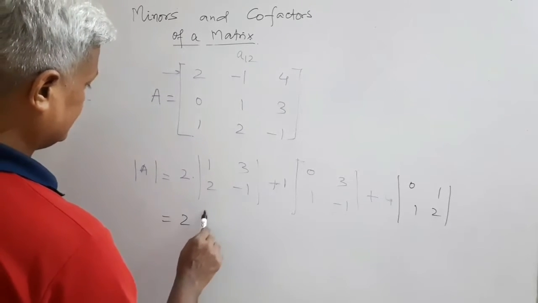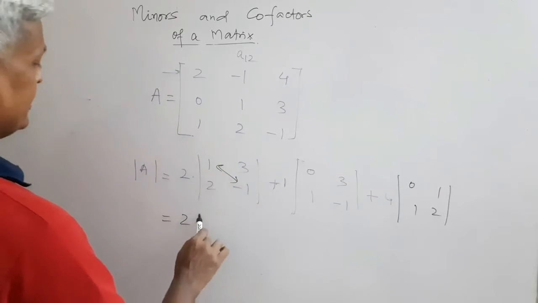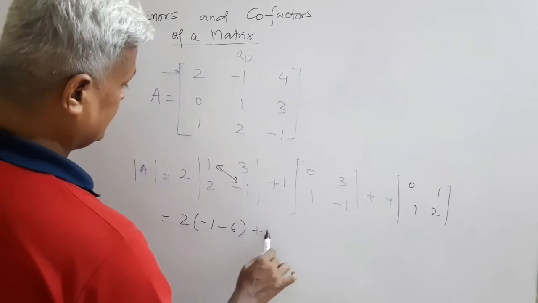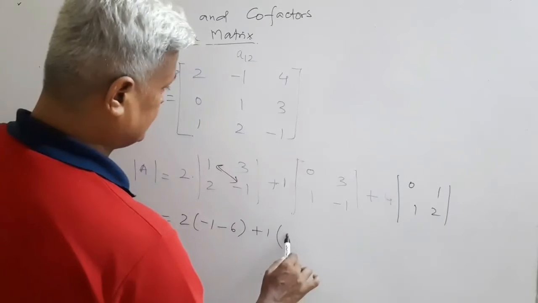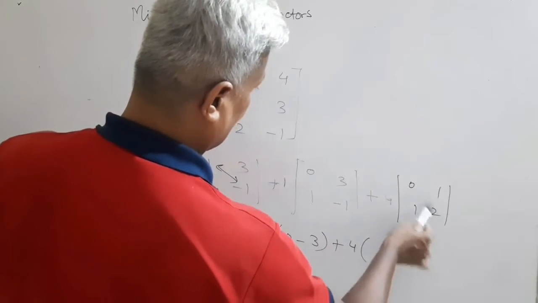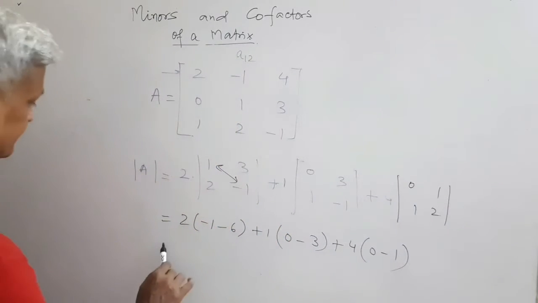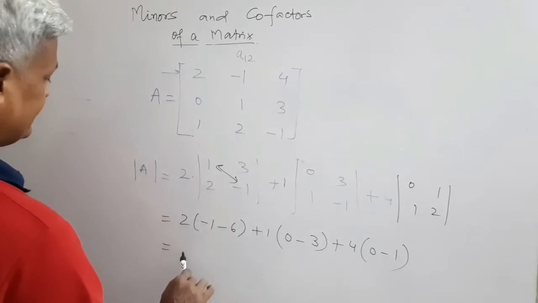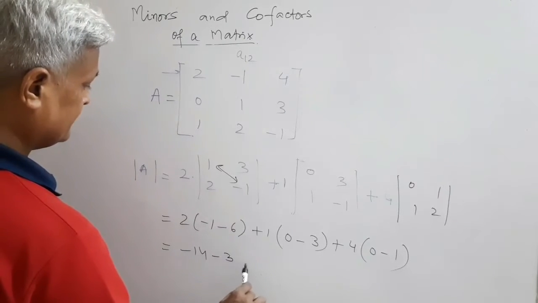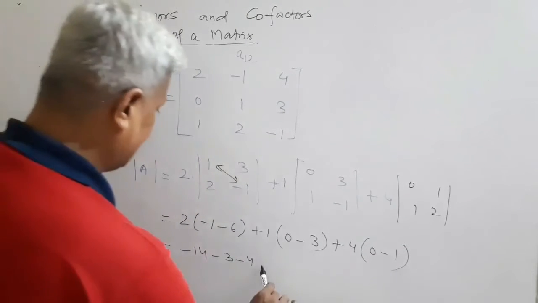So this is 2 times, this into this, minus this into this: minus 1 minus 6, plus 1 times 0 minus 3, plus 4 times 0 minus 1. So this is minus 7, and 2 times that is minus 14, minus 3 and minus 4. So we are getting the value as